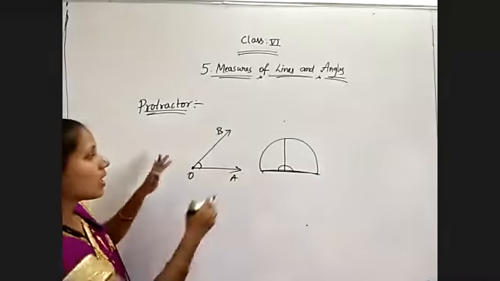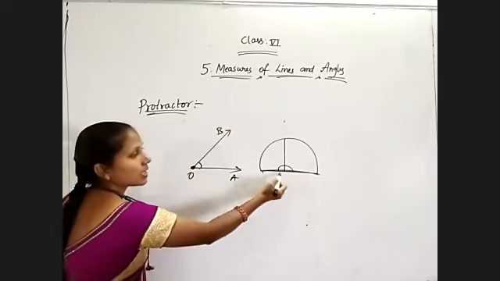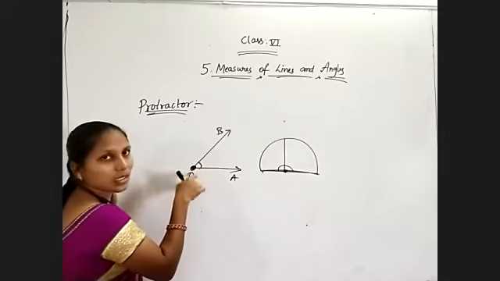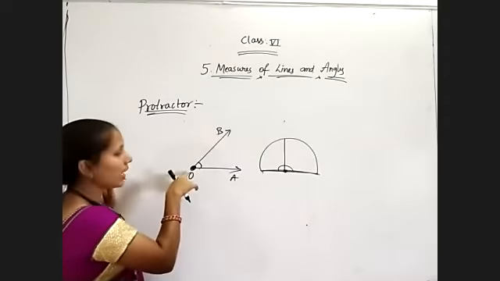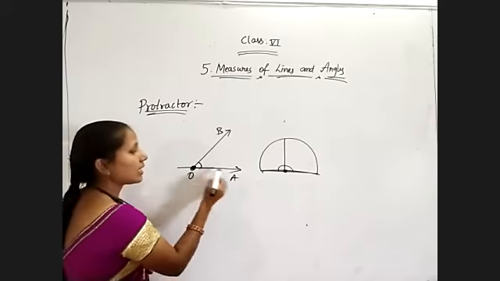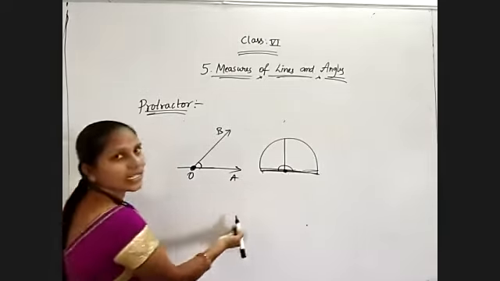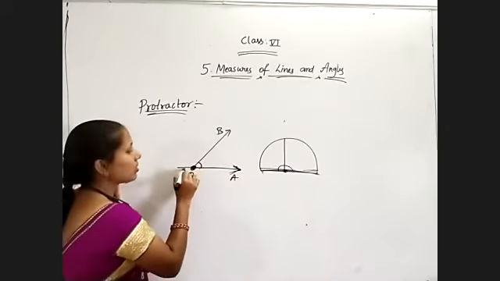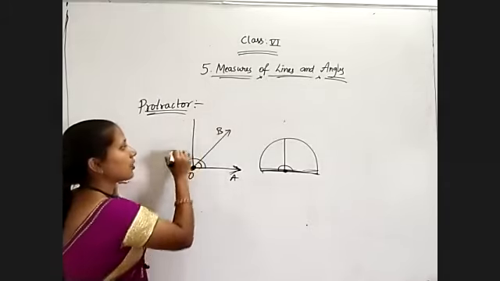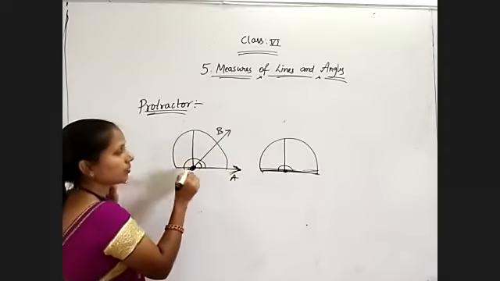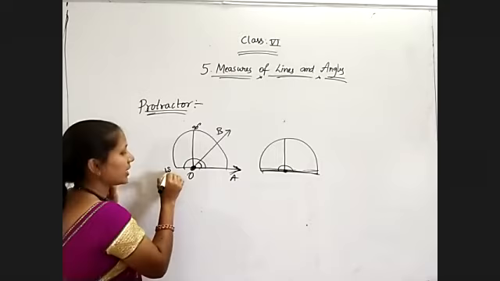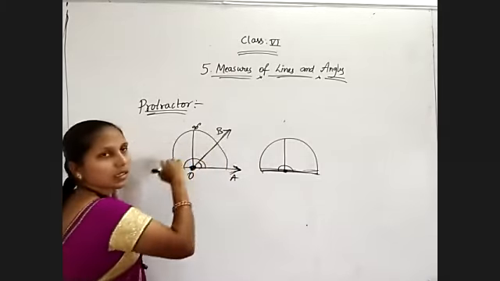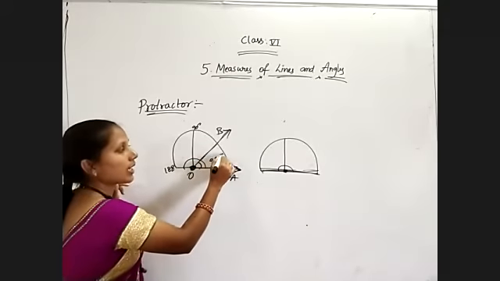So 180 degrees. All those 180 degrees we have on the protractor. First of all, just observe that we must place the protractor at O. You will see one of the vertices on the protractor, the common point. That point you must fix where you want to find the angle. So at O, I need to fix the protractor, and down here you will get one line, that is 180 degrees. That should be on this base ray. So like this we must set the protractor. This is the 90 degrees line and this is the 180 degrees line. Now observe, here this side we have, so it is lesser than 90 degrees, so compulsorily it is an acute angle.